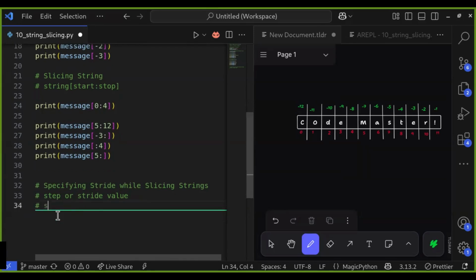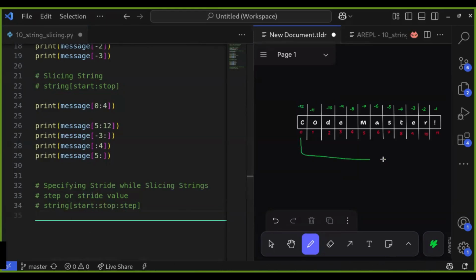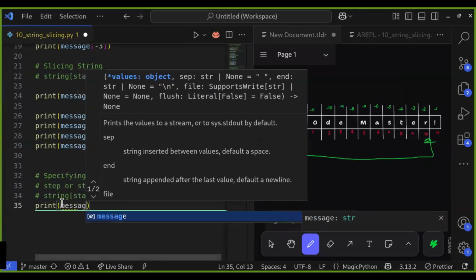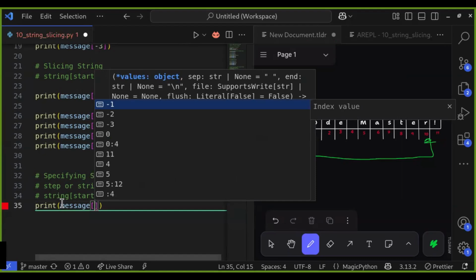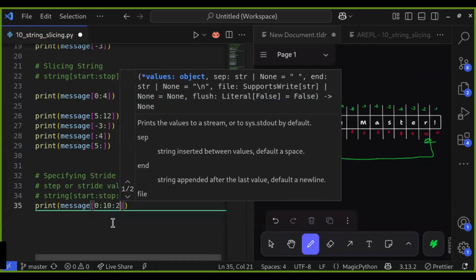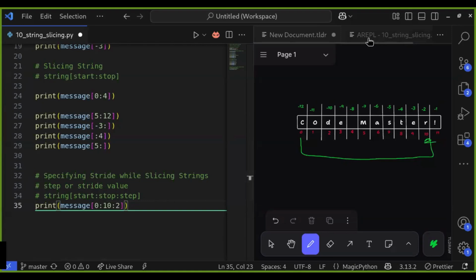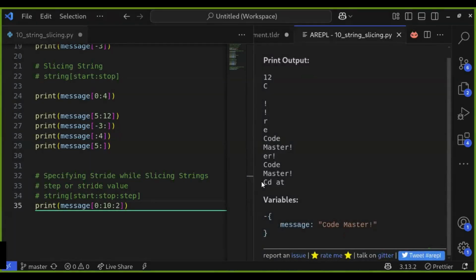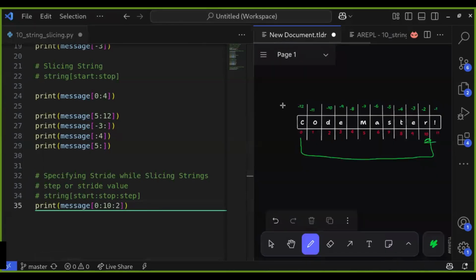Here is the syntax. A string, start, colon, stop, colon, step. If we want to extract every second character from index 0 to index 10, print message start index is 0, colon, 10, that is the stop index, and colon 2. It just skips every second character starting from the start index up to the end index.